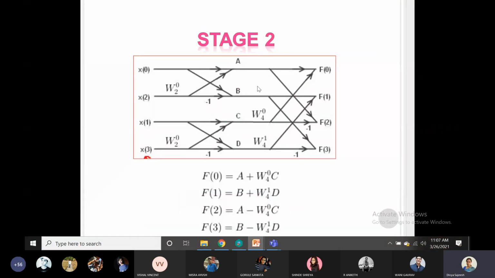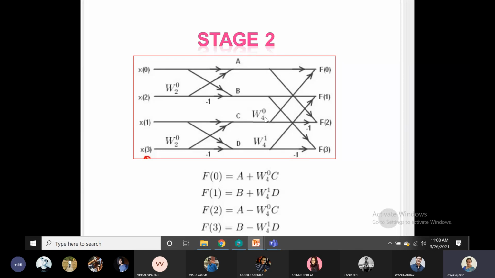Okay, so you understood how to connect the butterfly of the first stage to the second stage. In the second stage, we have to take a single butterfly which has 4 inputs and 4 outputs. So how will you connect the inputs here? The 2 outputs of the first butterfly will be connected here, and the 2 outputs of the other first stage butterfly will be connected here. So like that we will club together 2 butterflies, and we will make a single butterfly in the second stage.